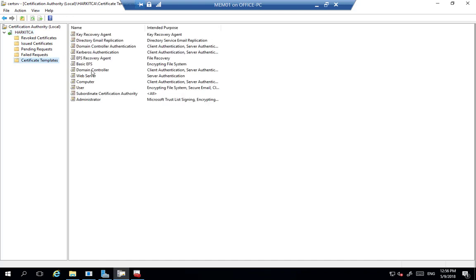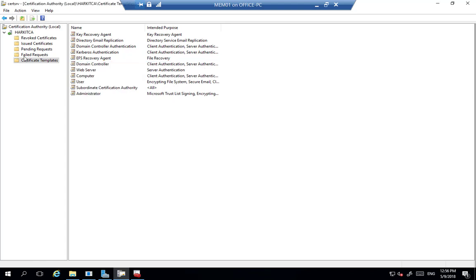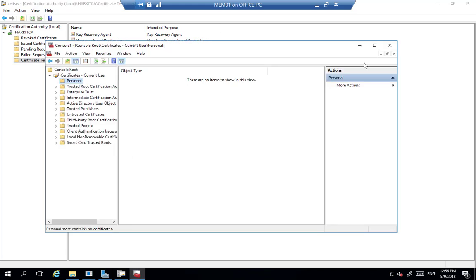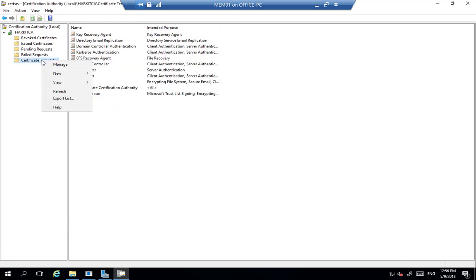The next thing I need to do is actually configure Key Archival on a certificate template. Now at the moment you'll see on my certification authority I have the basic EFS certificate listed. I'm going to remove that from my list of available certificate templates because I'm going to replace that with the certificate version of that that has Key Archival enabled. So if I just manage my certificate templates again,